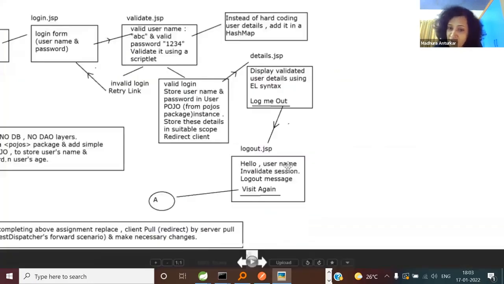How will you get only the username? Session scope. Don't make spelling mistakes. Dot whatever attribute name you use, say for example, client details, user info, something dot name. So when you say dot name,